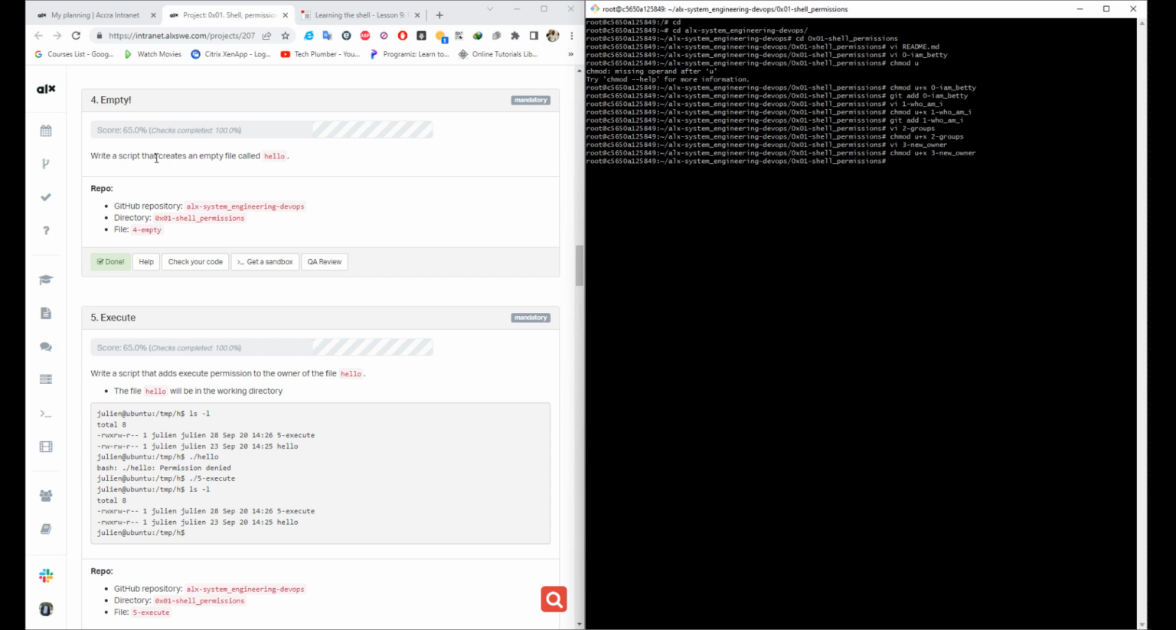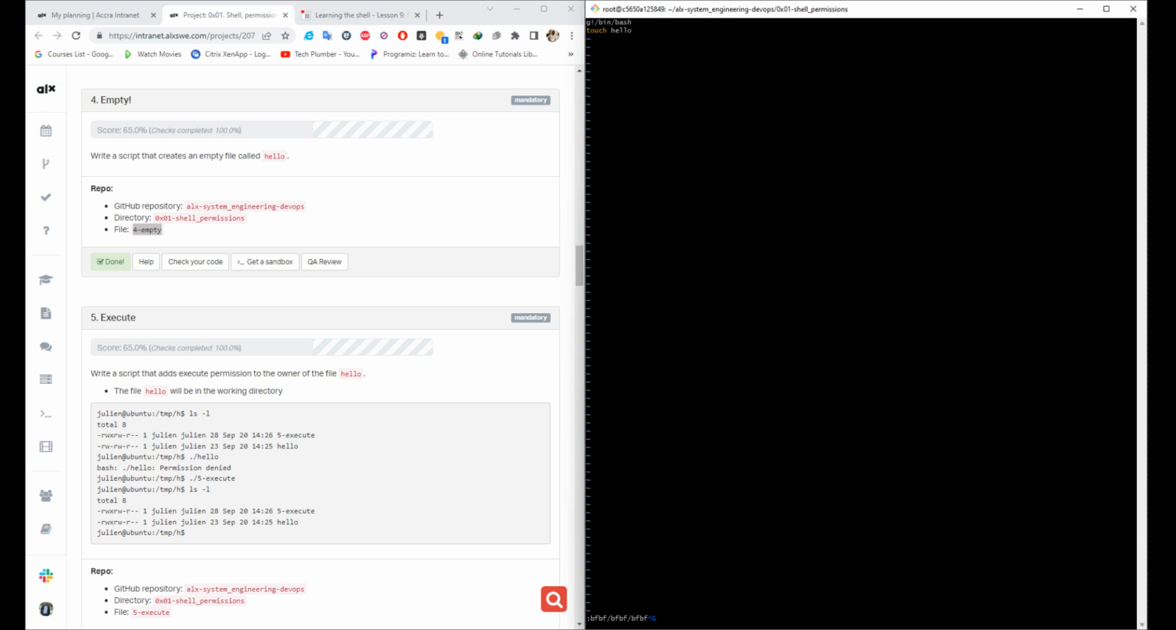Write a script that creates an empty file called hello. So the file name is 4-empty. You just copy the file name. You come to your terminal, you do vi, space, the name of the file, enter. So this particular command is touch hello. Touch hello. That's the command that will create an empty file called hello. So it's touch hello. Don't forget your first line has to be